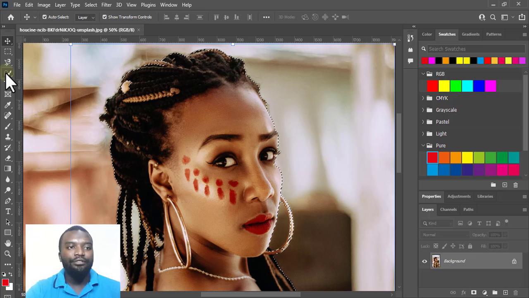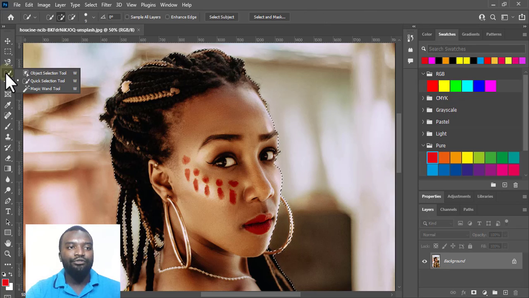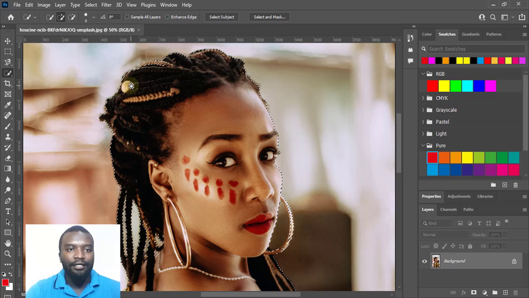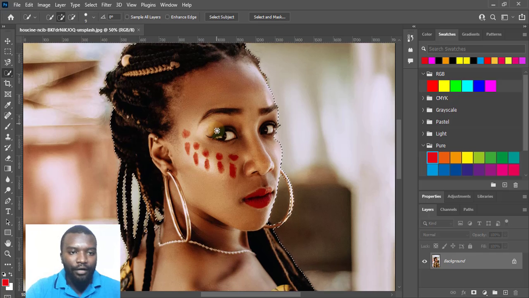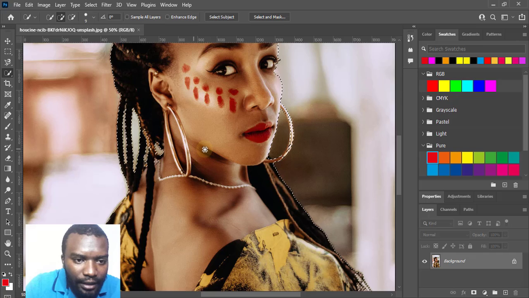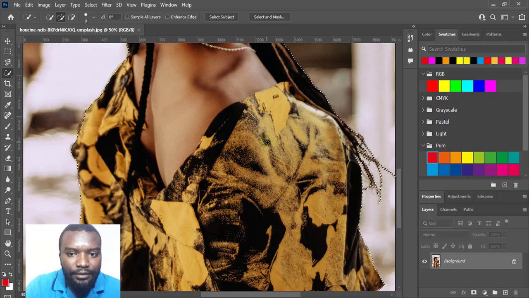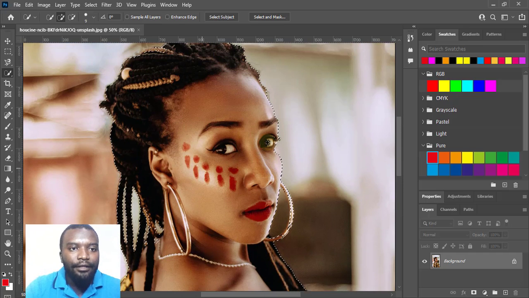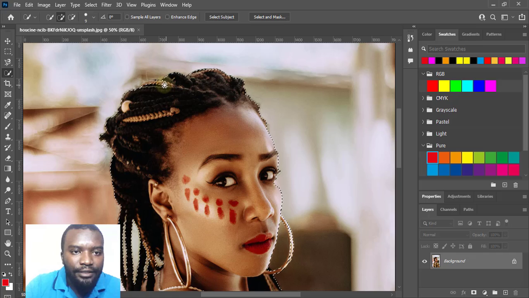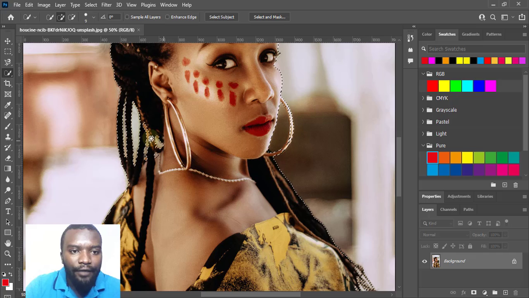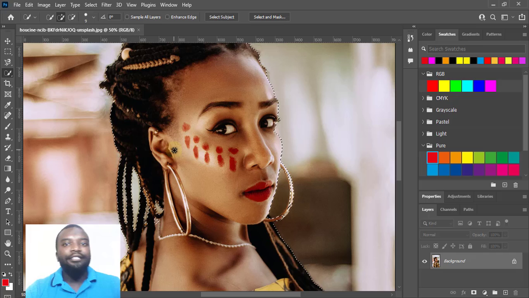So what do I do? I'll come and choose this tool here called a quick selection tool, and I'll just pull it out like so. I'll also look at another instance like here. There's another place here. There's another place. Another place. Now, if you're very sure, oh, here it is, also here, which means it has gone so much into the hair. So I'll also drag a little bit like so. Then I'll make sure now everything is okay. I think now everything is okay. Then the next thing